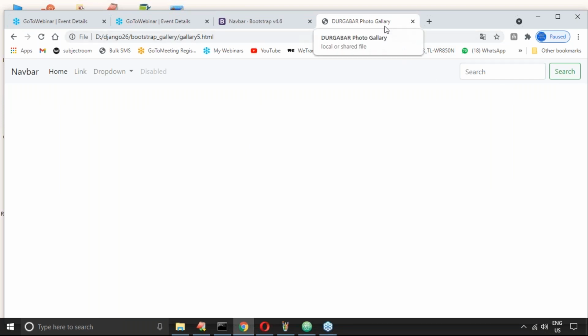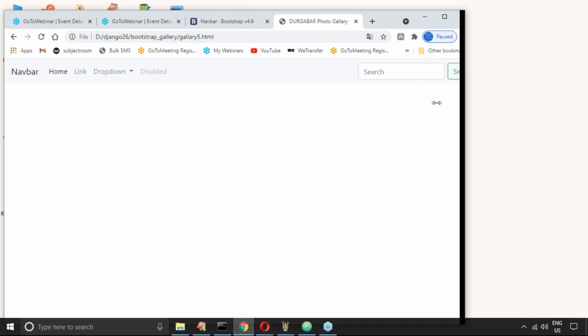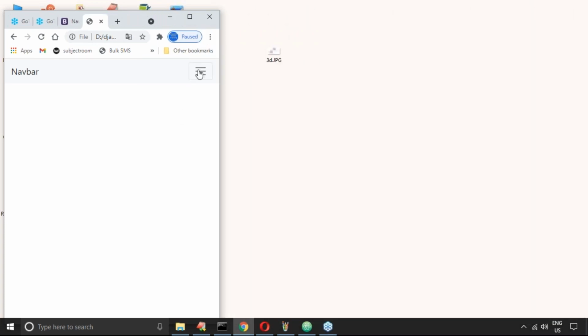Perfect. Durga Bar Photo Gallery, my title. Should the hamburger come and work or not? Compulsory, it should come and it should work. Yes, it is coming and it is going to work also. Have you observed, right?